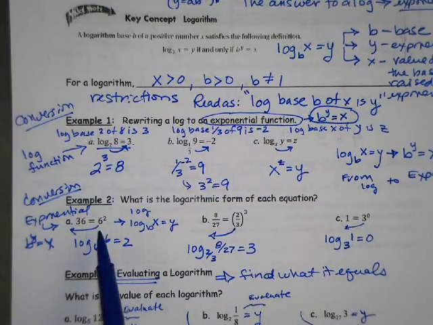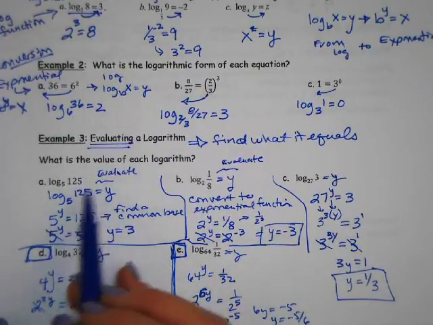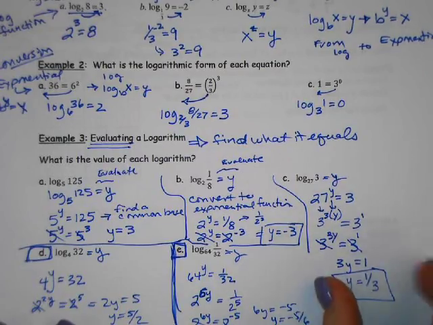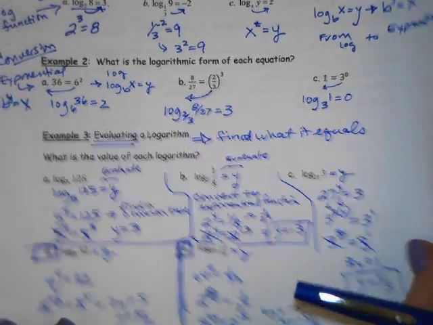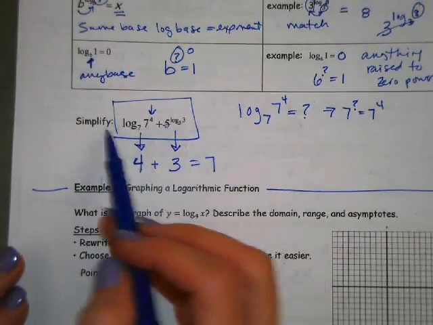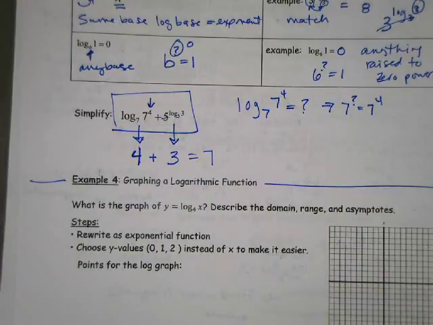We've gone the opposite way where it's the exponent, you throw the number back down, add a log. Okay? When you don't have an equal sign, it says evaluate, you throw the equal y there, and then you want to get the same base and solve for your exponents. Okay? And then you have your three properties, and when you see those three properties, they're going to want you to simplify by finding what they evaluate to, and then doing the math that's in between. Good? All of it. Okay. So with that said,